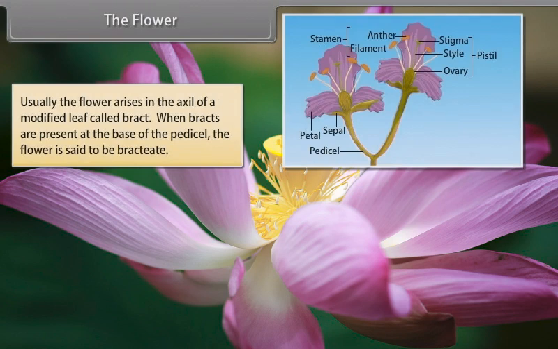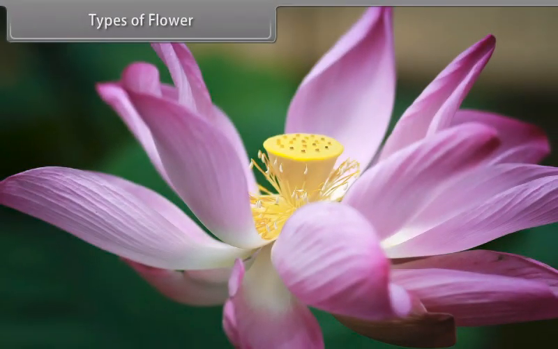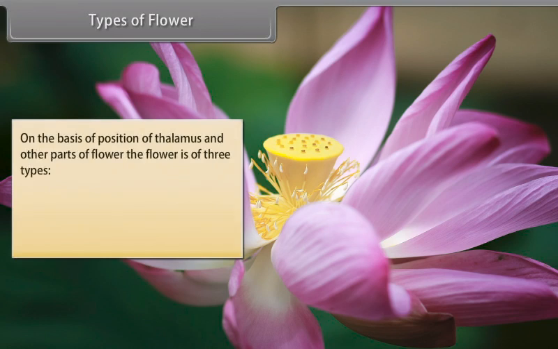When bracts are present at the base of the pedicel, the flower is said to be bracteate. When the flower consists of a stalk called pedicel, it is described as pedicellate. When the pedicel is absent, the flower is described as sessile. Types of flower. On the basis of position of thalamus and other parts of flower, the flower is of 3 types: